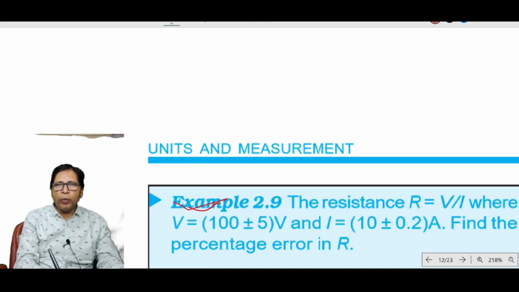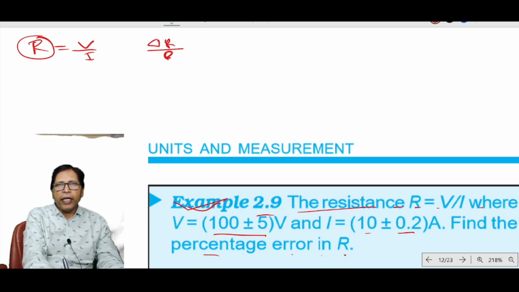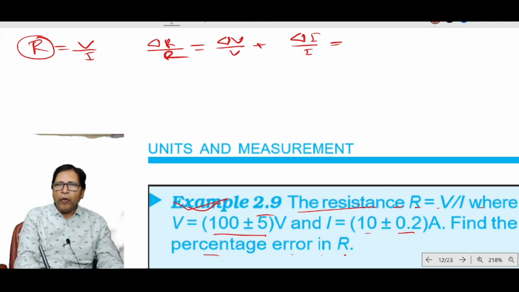Now numerical 2.9. The resistance R equals V by I, where V is 100 plus minus 5 volt and I equals 10 plus minus 0.2 ampere. Find the percentage error in R. Now R equals V by I. We know the relative error of R is equal to the relative error of V plus the relative error of I. Okay, no problem. Now the relative error of V is 5 by 100. No problem. Plus